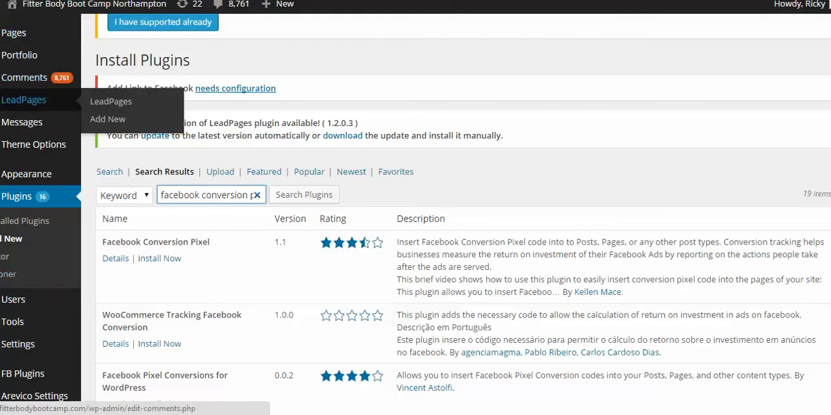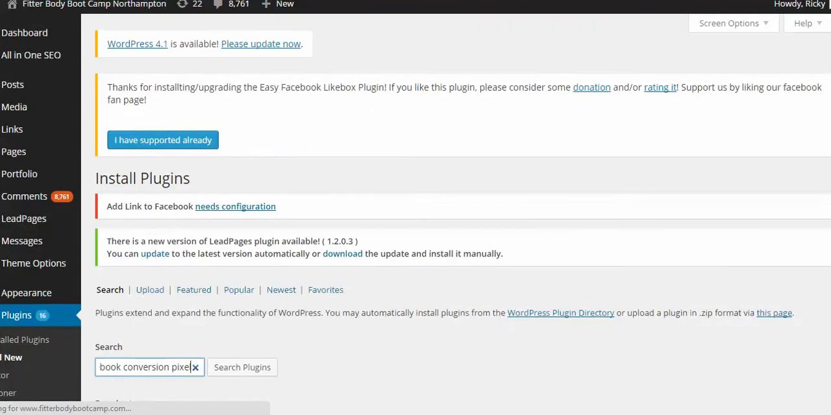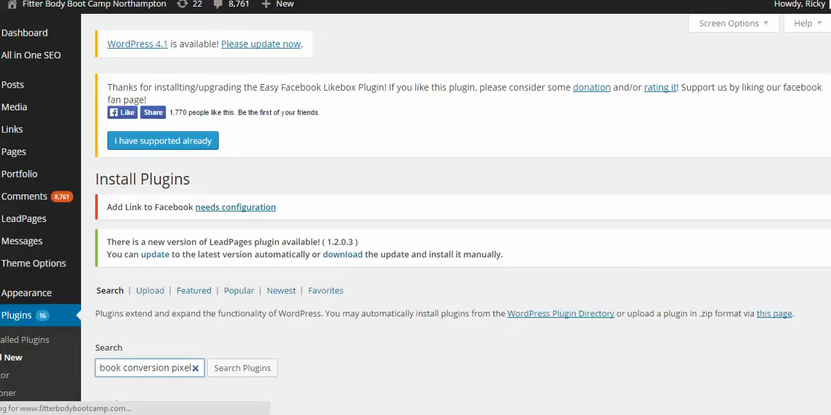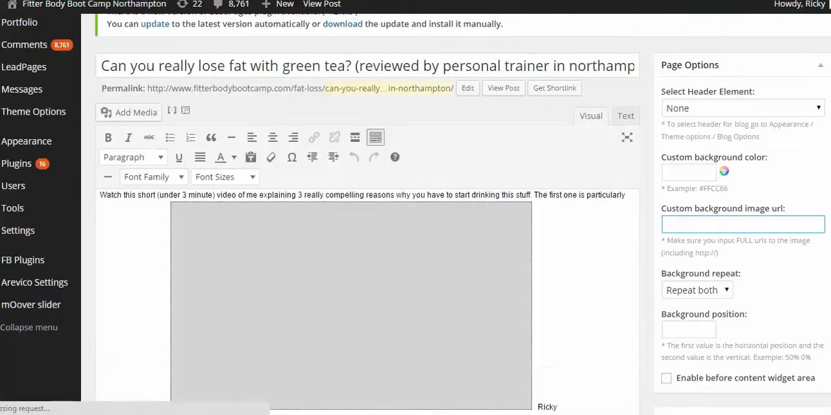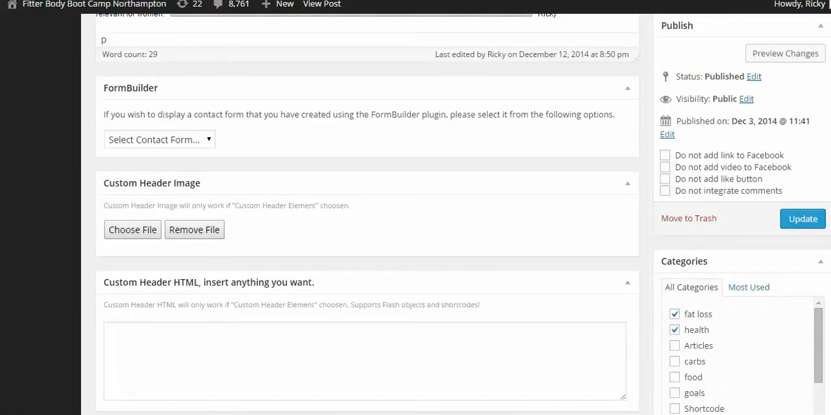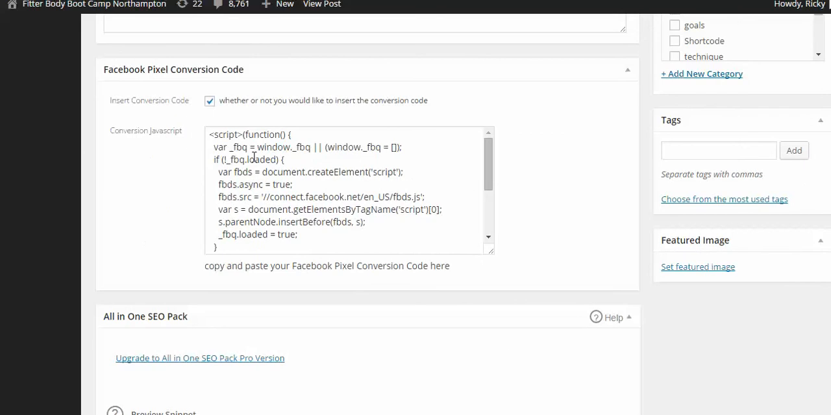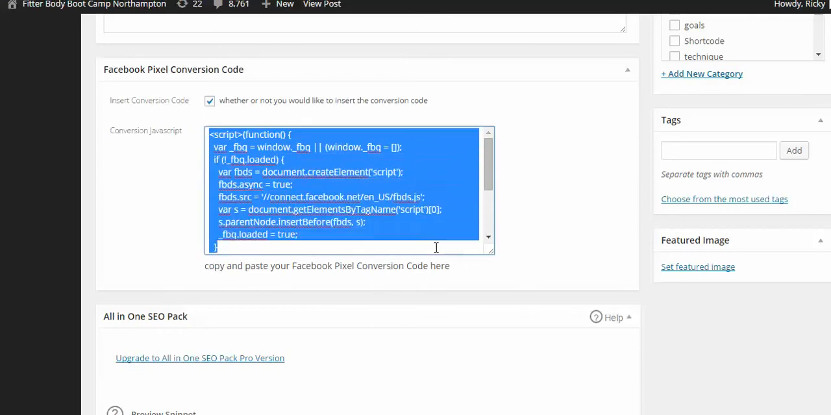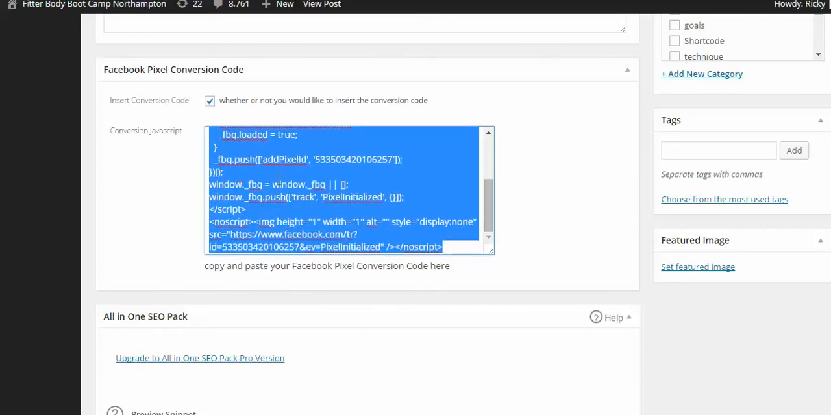So if we then go back to where we were, for the blog post, you make sure you check that box, insert conversion code, and then you just paste that audience tracking code into there. Okay, and if we're getting that to then monitor the people that are landing on this specific page,